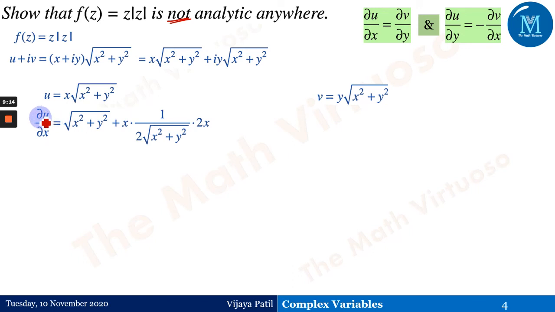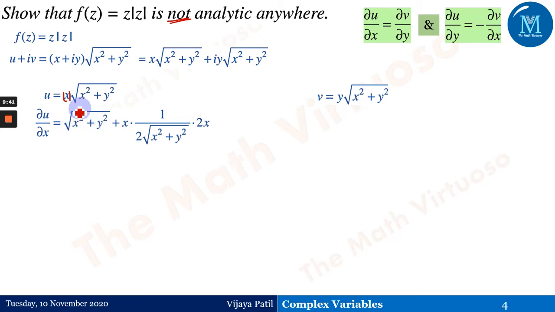Then we are differentiating u with respect to x. Let me just explain here because it's a little different than what we have discussed last time. So ∂u/∂x, I need to do with the u·v rule, because if you observe, I have two functions here, a product of two functions, which is x and square root of x square plus y square. Both functions contain x, and therefore this x